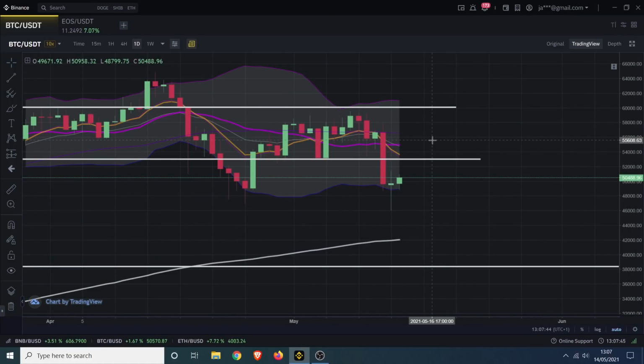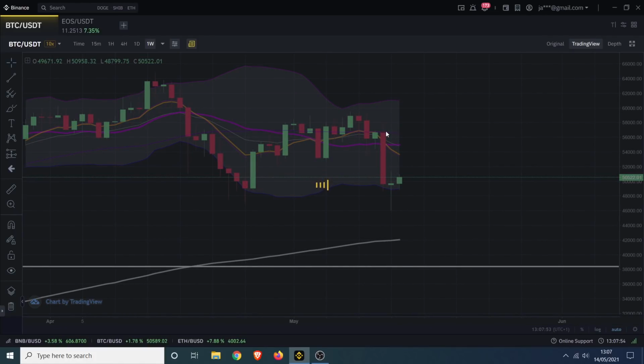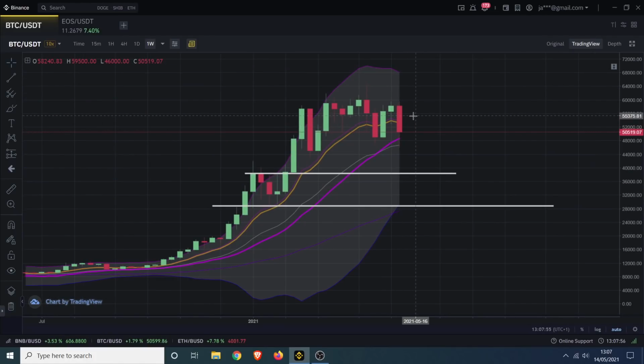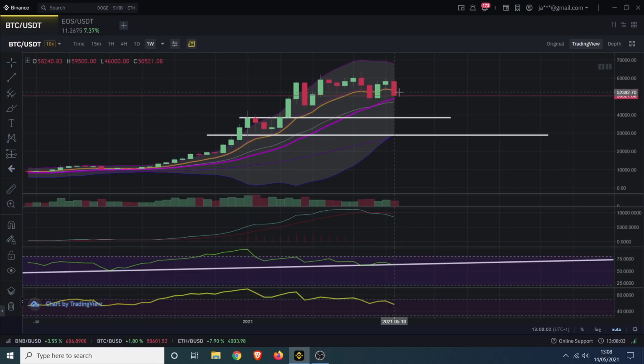So, when something becomes oversold, it becomes more enticing, especially to people like me. Don't really want to be buying anything that's overbought. If anything, you want to be buying something that's oversold. And Bitcoin isn't technically oversold, but if there is an area for a bounce, it would be here, which is why I said the first opportunity to buy would be here.